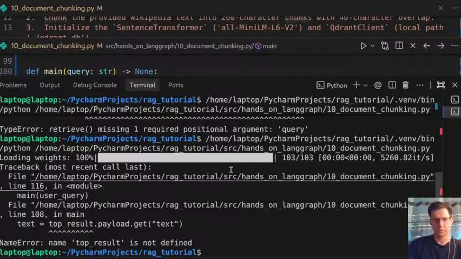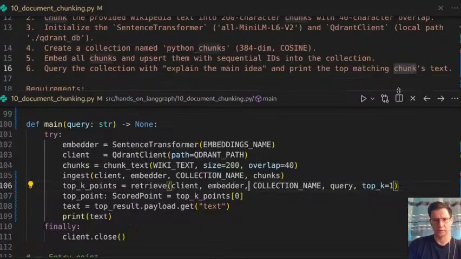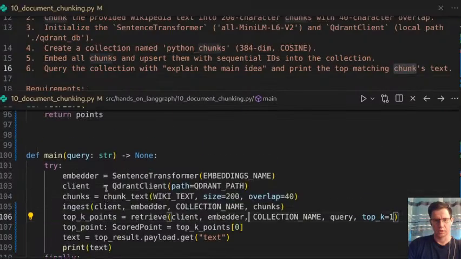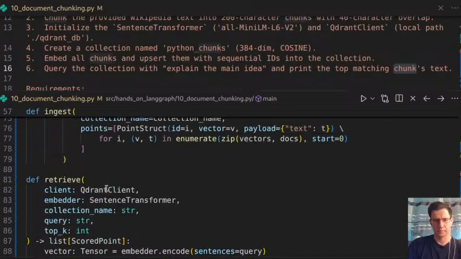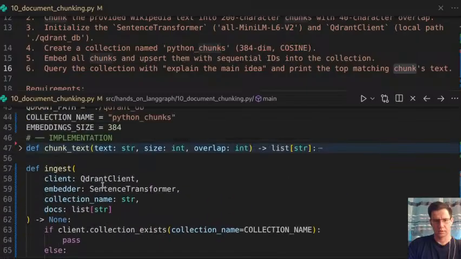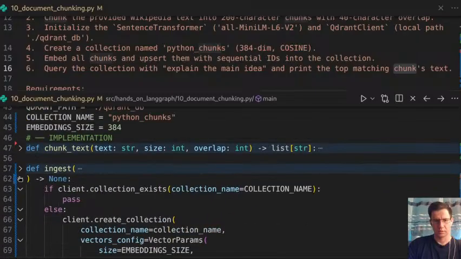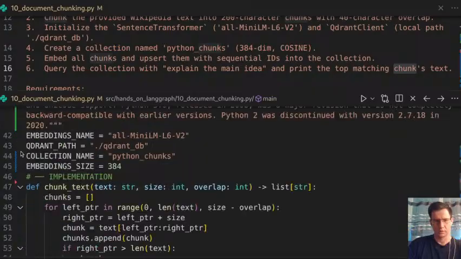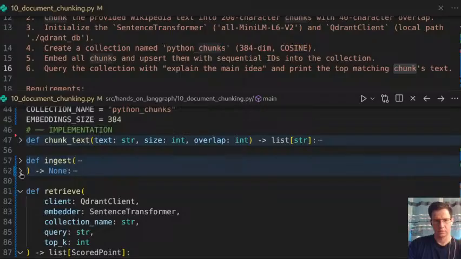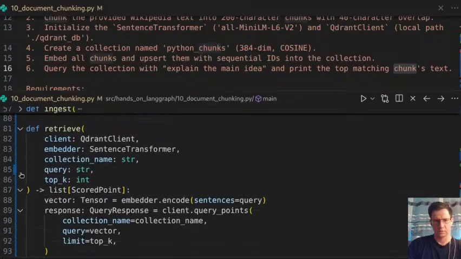Top result is not defined. Top result, because